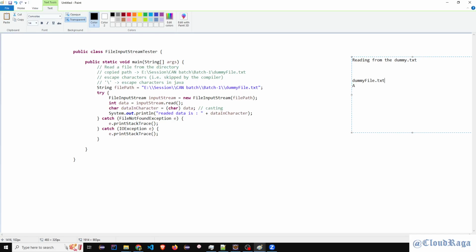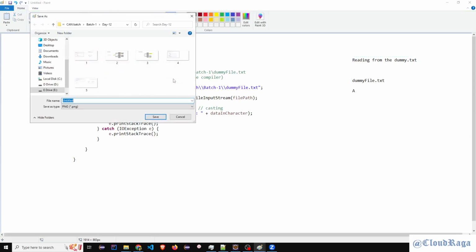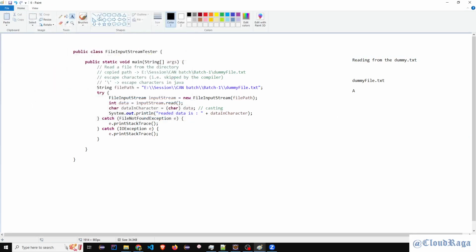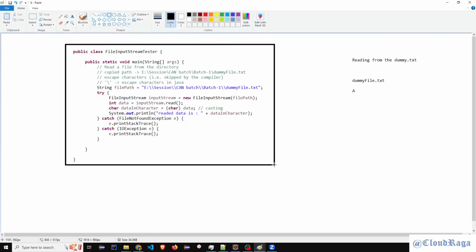Capital A. Now you might ask, what if I add multiple characters? That's possible. I will give that as homework, guys. Try to read multiple characters from your file just by using InputStream.